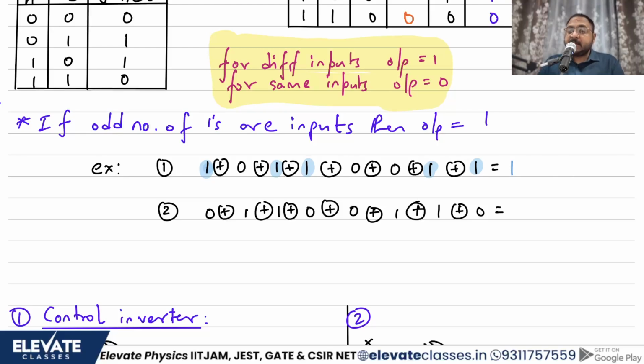Now let's use the second approach that we have. Count the number of ones. 1, 2, 3 and 4. You have even number. So what should be your answer? Your answer, without thinking of it, should be 0. Now you might say, how did you get this property? Where did you get this property from?